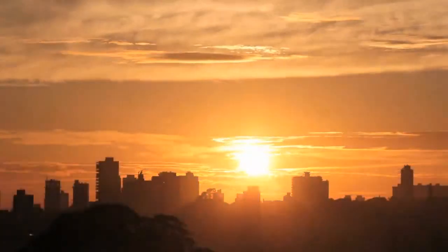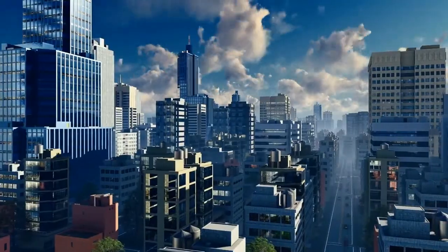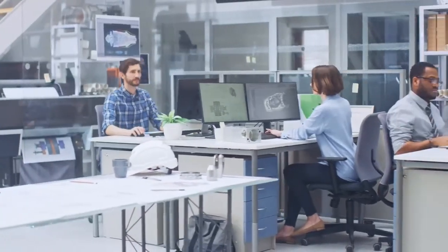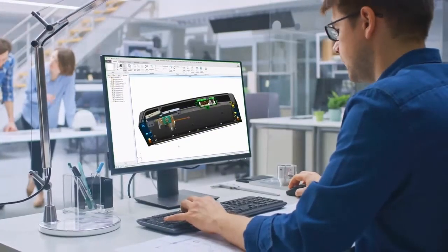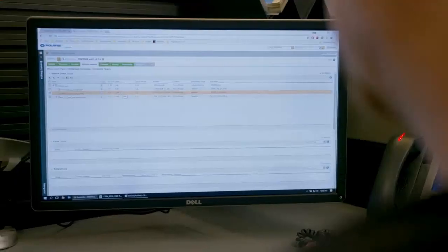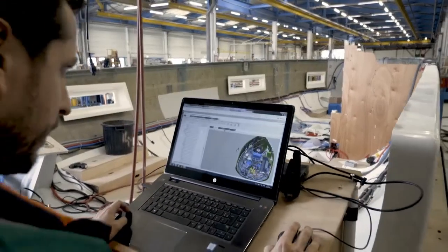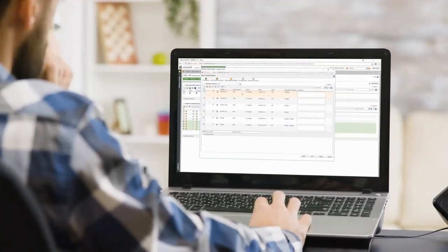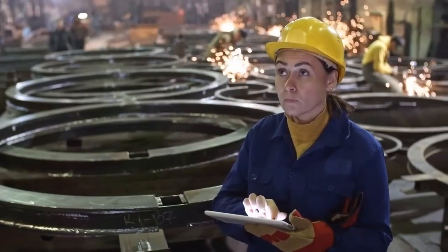When the world drastically transitions, we're left to navigate a new normal, managing supply chain disruptions and protecting IP while collaborating around the globe. PTC is here to help with web-based tools to digitally transform how you manage your product's lifecycle. From the factory floor to the home office, PTC provides product lifecycle continuity with a scalable, open, and cloud-ready architecture,